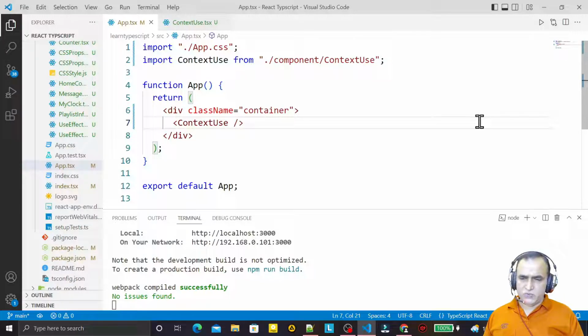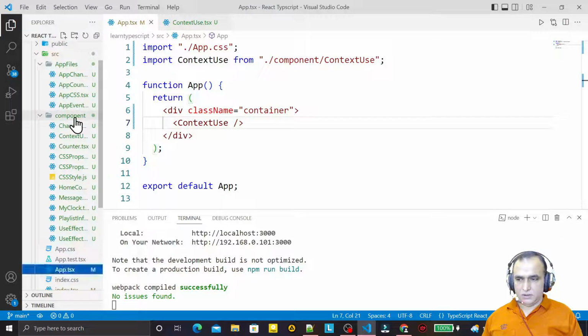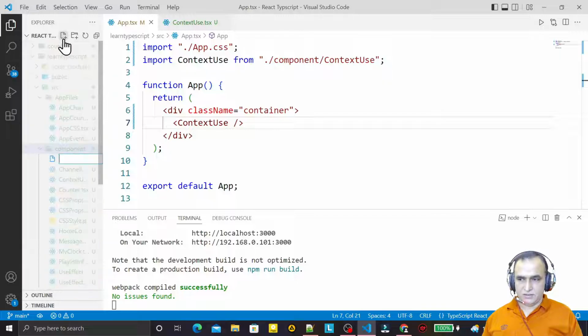In this video we are going to learn how we can use context hook in React with TypeScript. So for using this we have to understand why we use it. Suppose I have a value that I want to pass to multiple components. For that I am taking here that